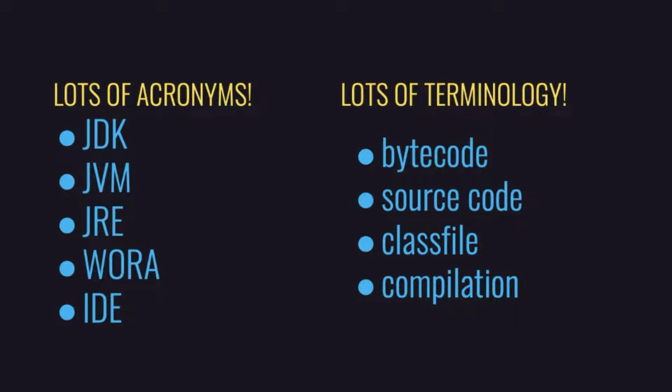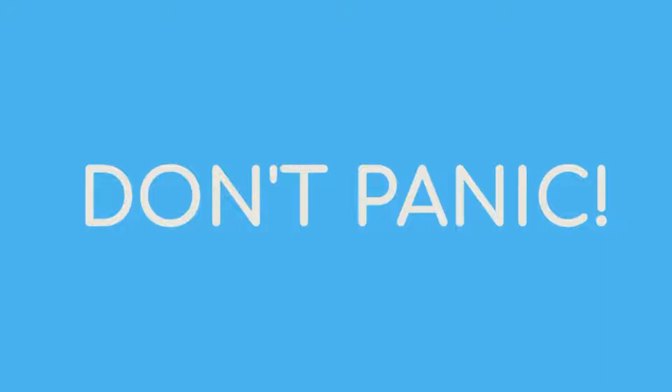And also, not only acronyms, we're going to have a lot of terminology as well. So we're going to hear terms like bytecode, source code, class file, compilation, those kinds of things. Again, when you first hear a word that sounds technical or you come across these abbreviations, it can seem kind of daunting because you don't know what the acronyms and terminology mean. But don't worry about that. Don't be dissuaded. Don't be put off. I'm going to explain all of these in this course. I just want to give you that quick word of warning. So above all, don't panic. That's the key thing. Do not panic. All will be explained.